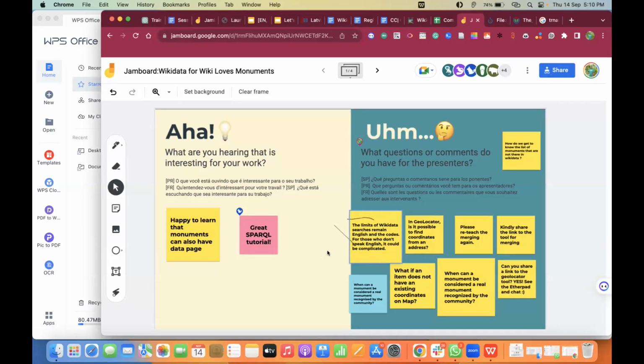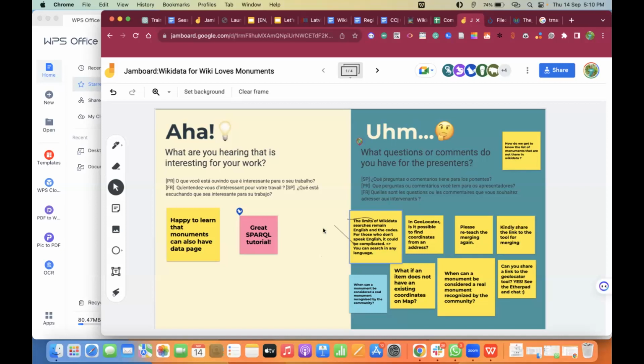I think what the person is really trying to say here is that most of the codes are in English, and for those who are working on language Wikipedias, it might be difficult. So, what can you say about this? Is there a solution to this?